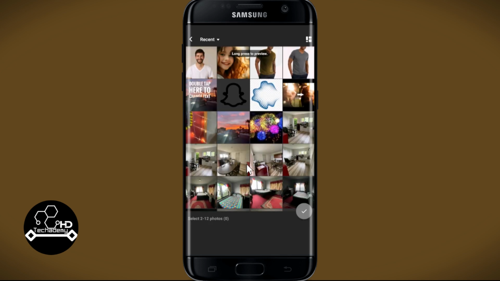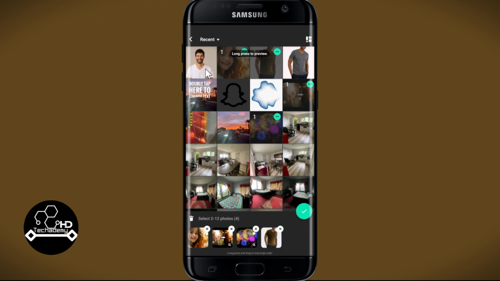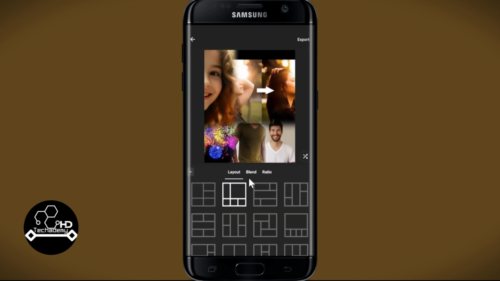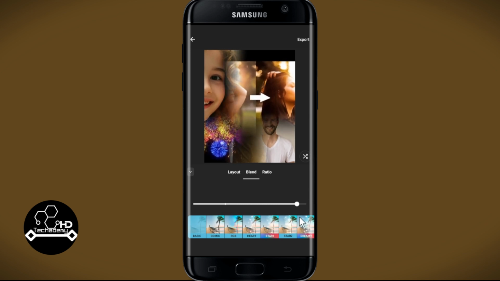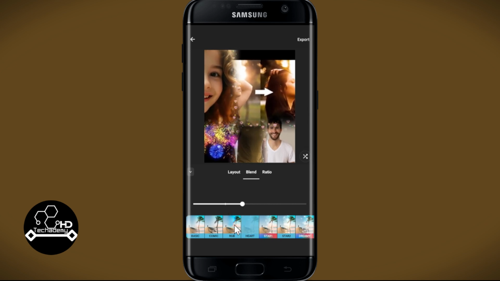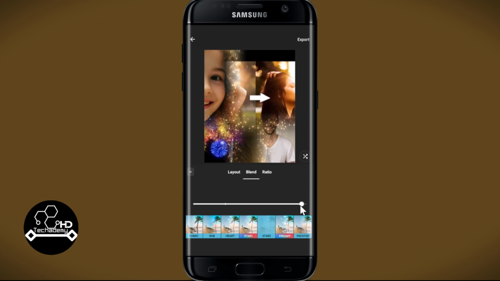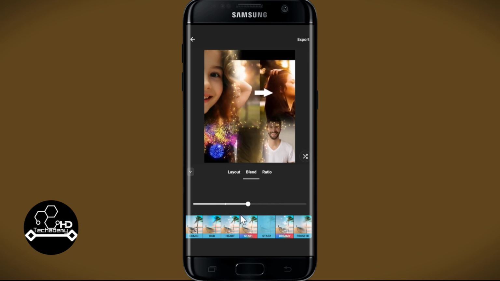Tap on any one of your preferred method and you will be asked to choose your media from your gallery. Just import your photos by choosing them one by one and then tap on the tick mark. This will now show you various different layouts and blend styles that will be used within your photo. You can change them one by one by tapping on them and seeing how they will unfold by using the